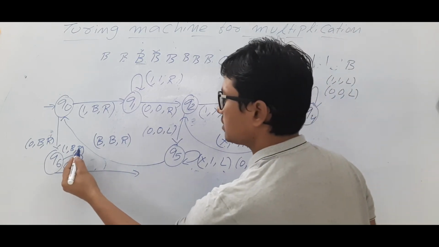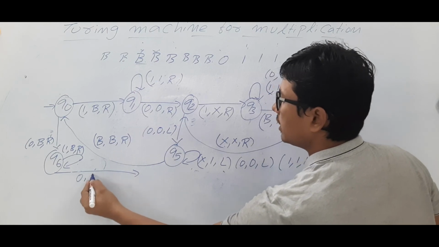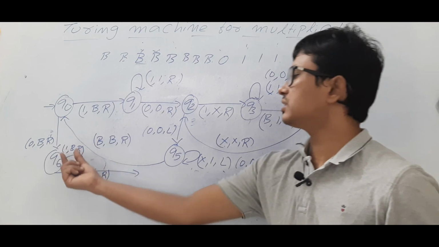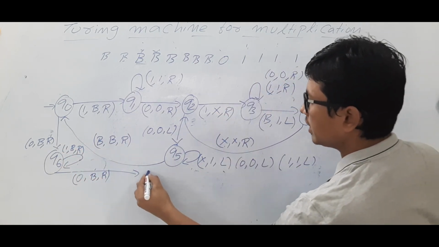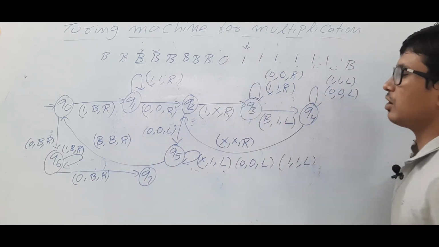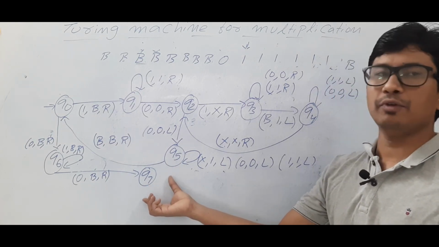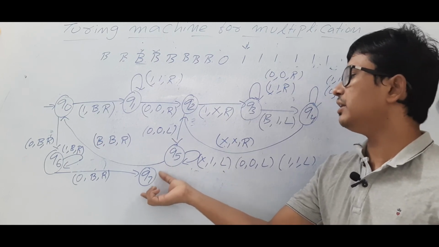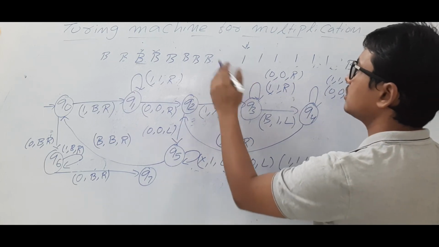1, you make it as a blank, move to the right, you will get a 0. Again make it as a blank, move to the right. Means all the ones are finished and zeros you make it as a blank. Now you are in the state q7. So this is where your output will be starting. So you can consider this as an accept state, but when we are constructing a transducer, you will not have any final state. But here you can see the entire output. After that, this 0 also made it as a blank.